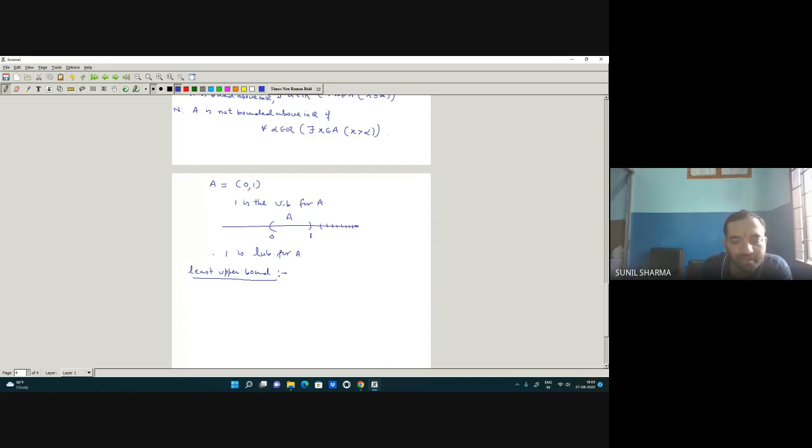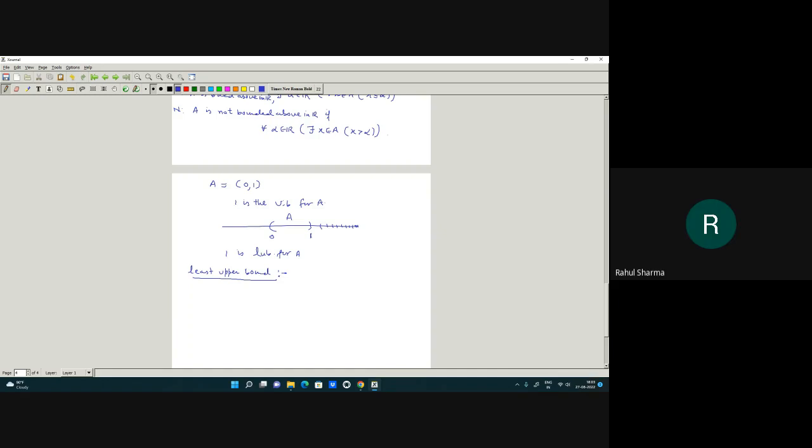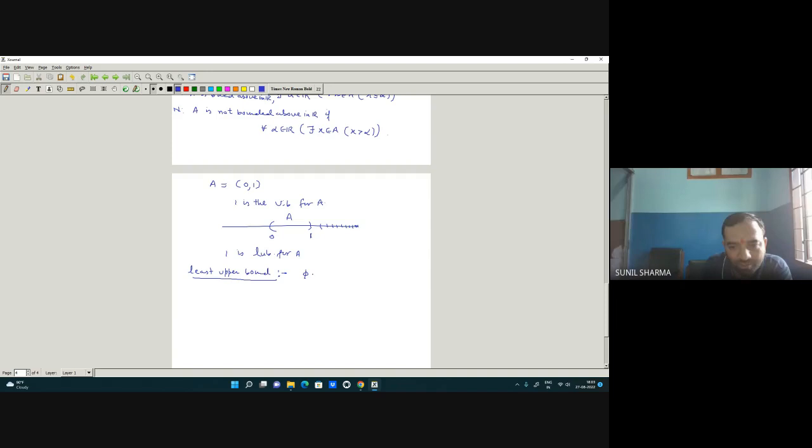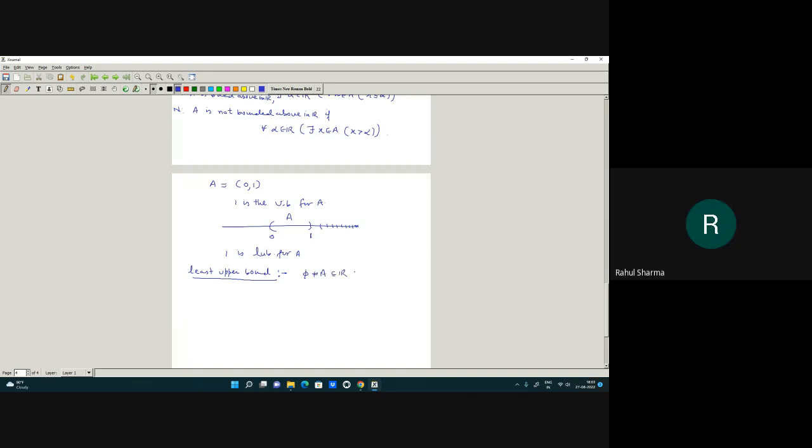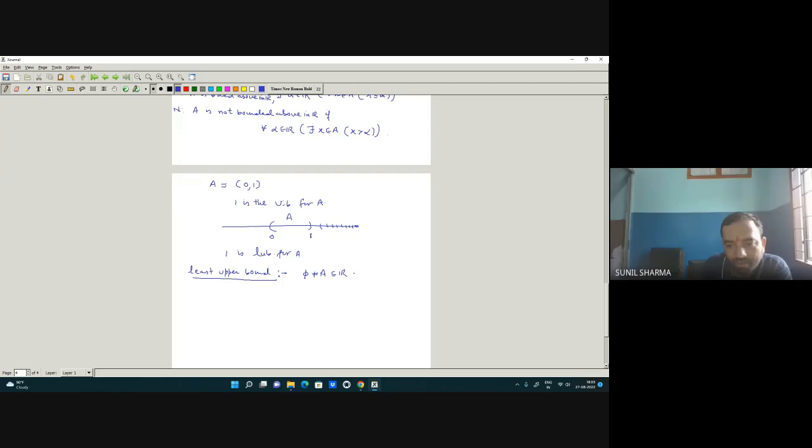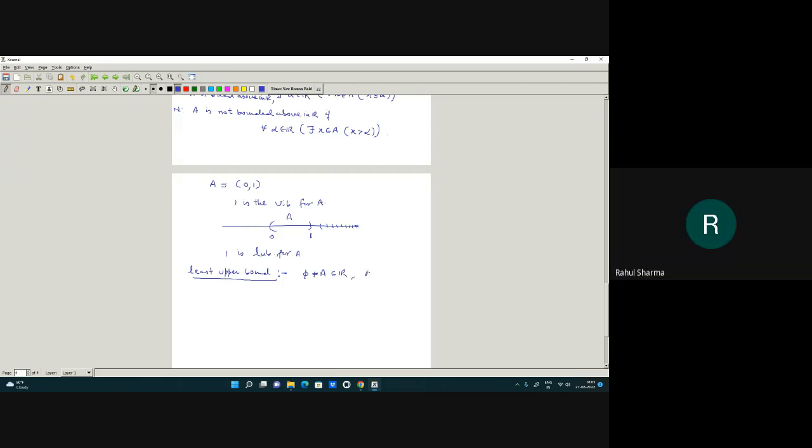How can we write the definition for least upper bound? Yes, anyone? Rahul? Let A be a non-empty subset of real numbers R. Let A be bounded above, then a real number